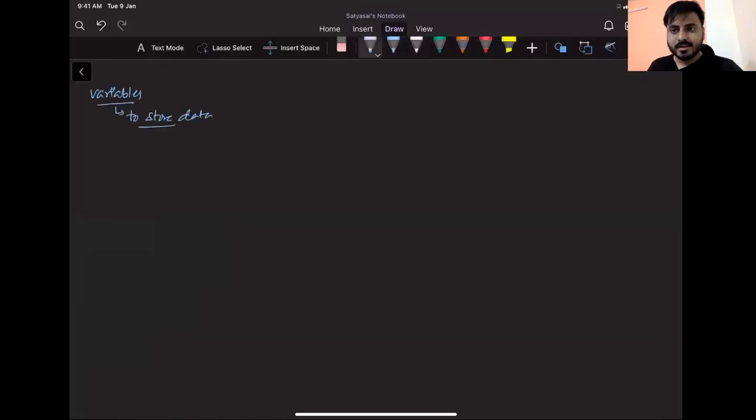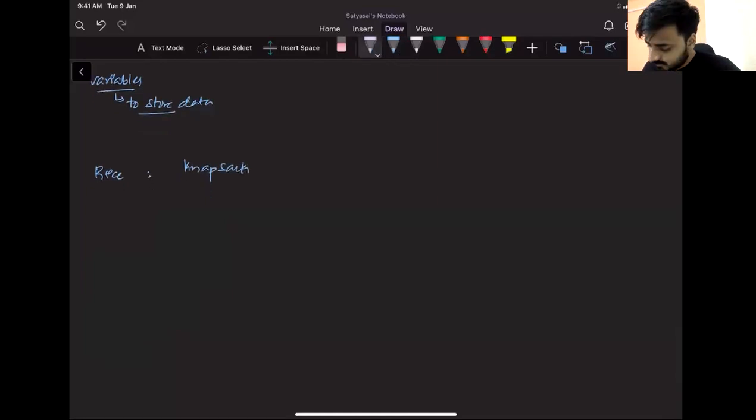Now let me take a very small example. Say you want to store rice. If you want to store rice, can you tell me what storage unit you'll use? You will use a knapsack. Say you want to store water, maybe 2-3 liters of water. What will you use? Water bottles. As simple as that.